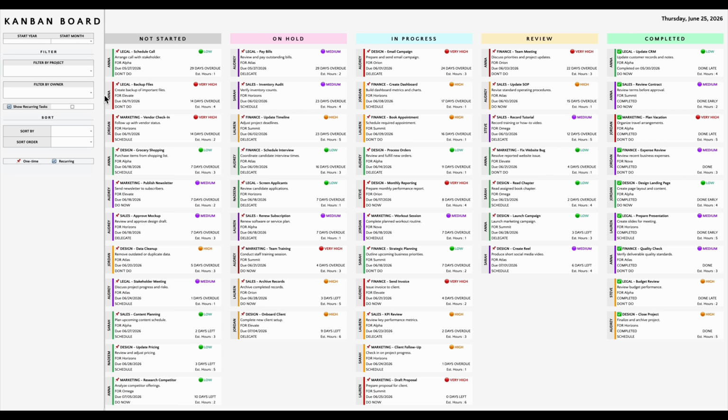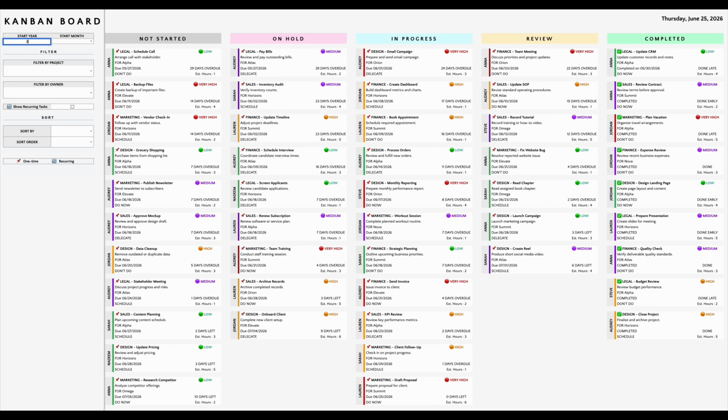Each task card is organized based on its most recent status and displays key information at a glance, including task name, owner, priority level, due date status, days remaining, or overdue. This allows you to quickly identify bottlenecks, overdue work, high-priority items, and workload distribution across your team. For managers and team leaders, this creates a simple but powerful way to monitor progress, identify blockers, and ensure projects